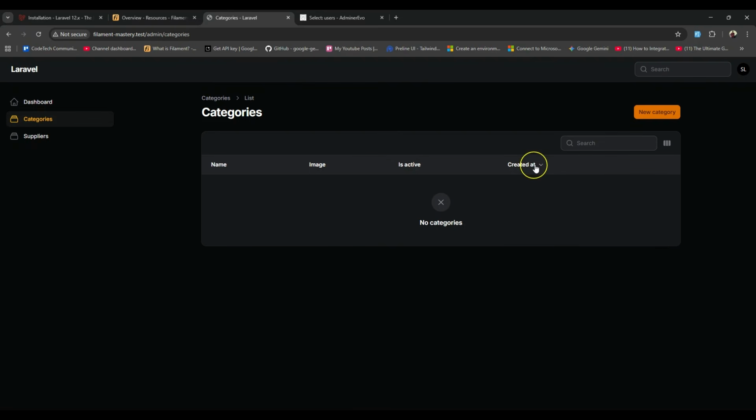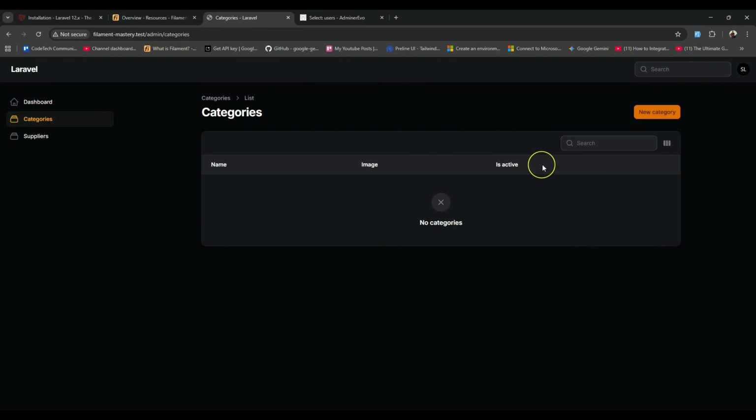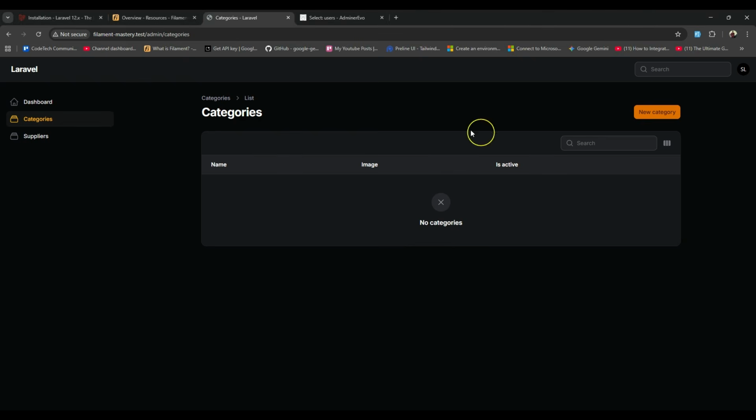So you see we have the created at. In a similar way for the updated at, you can check it and apply, and if you go back here, you see the fields are shown. But also you can uncheck them and apply, and now you see they are gone. So that means you are going to use this. But if you want to make this shown by default, you can just put something like that, and then if you go back and refresh, and here you see